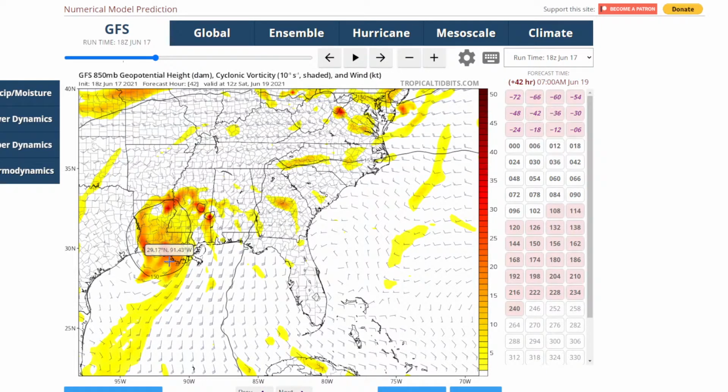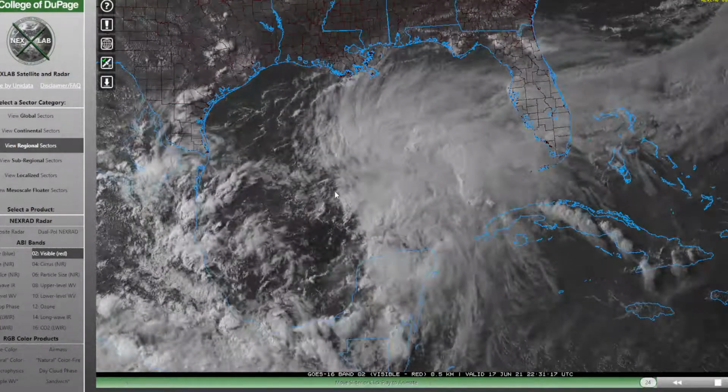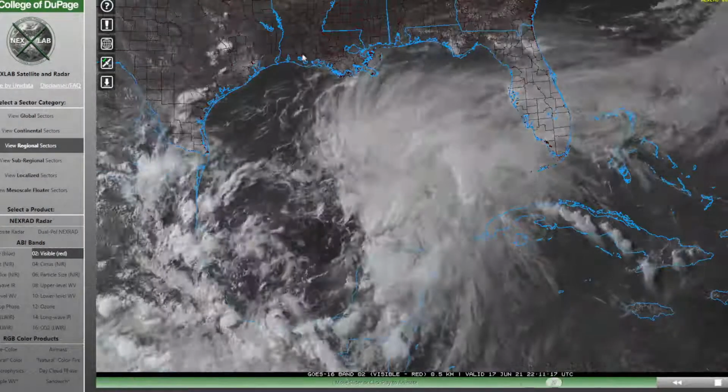We're not really concerned about winds. This is not a wind threat at all, really. It would be lucky if it got past 40 miles per hour. And this is a mess and will remain a mess. This is not a powerful system that you really need to be battening down the hatches for. You just need to be watching for flash flood warnings, and you're already under a flash flood watch here in